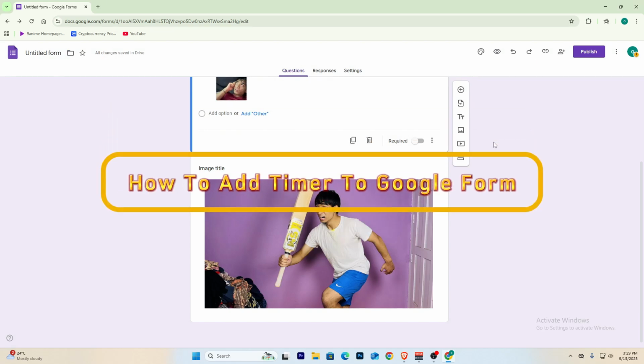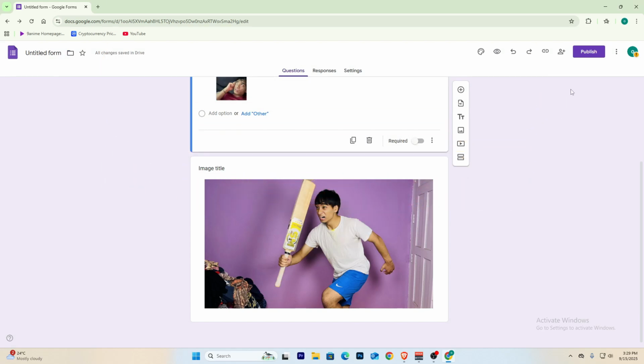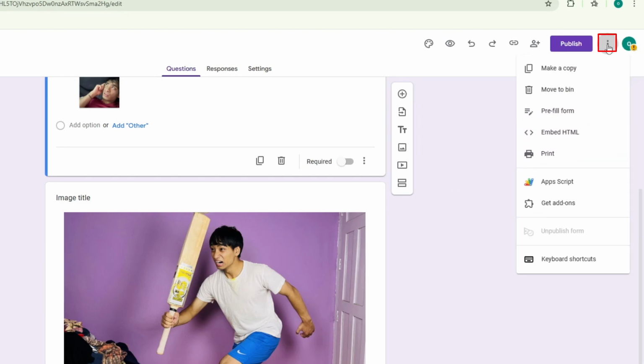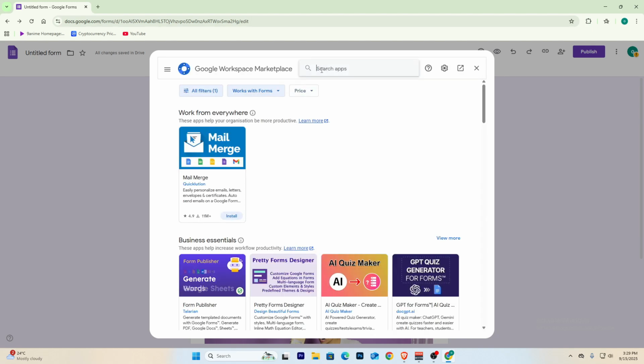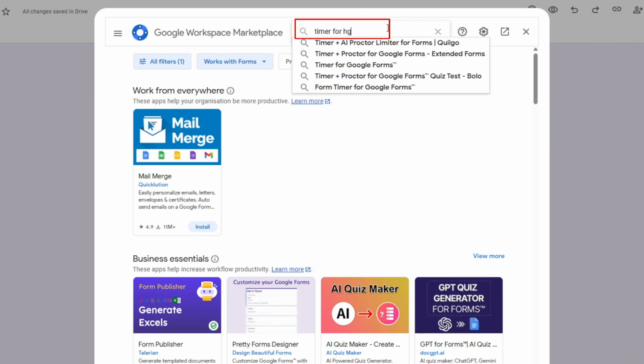How to add timer to your Google form? Well, it's pretty simple. On top right of a Google form, click on the three dot. Once you open your form, first make sure to open up a form. All right, click on get add-ons, and once this square box loads up, over here search, write timer for